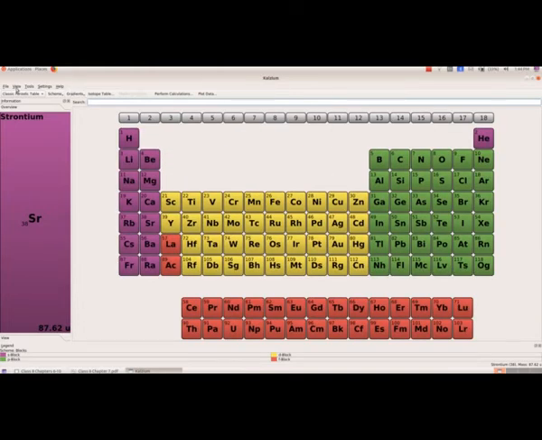And from view menu only we have option scheme, and there we have 6 different options. The one that we have selected is blocks, means the elements will be divided into 5 different blocks.